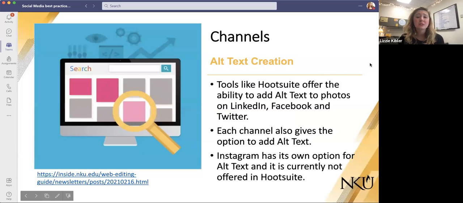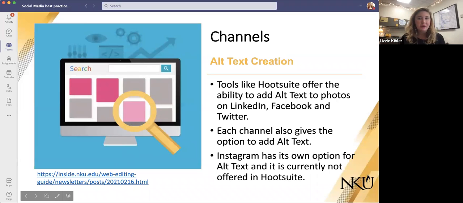A lot of tools actually offer that ability to add alt text. LinkedIn does it, Facebook does it, Twitter does it. Hootsuite is fantastic about it. When I go to post a Facebook and LinkedIn image, it will prompt me to add alt text, and I can put NKU's campus, or if it's a person, I would put just Lizzie Kibler.